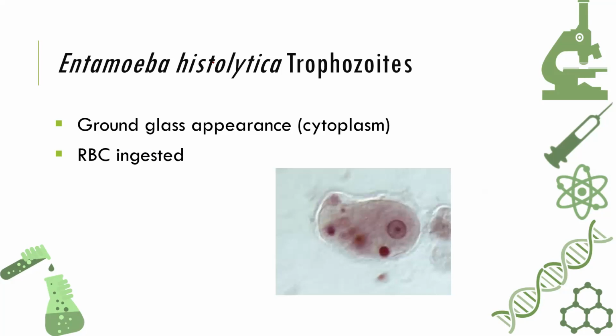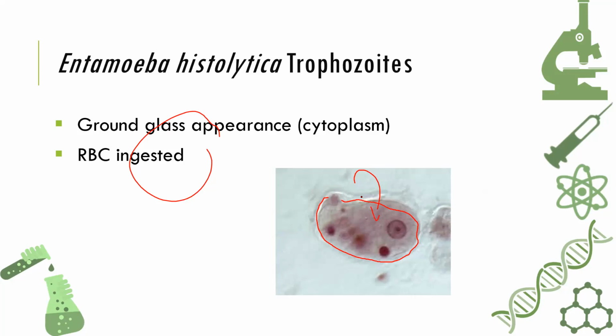They show a ground glass appearance of the cytoplasm, as you can see. And it is important to remember that the trophozoites of our Entamoeba histolytica have an ingested RBC